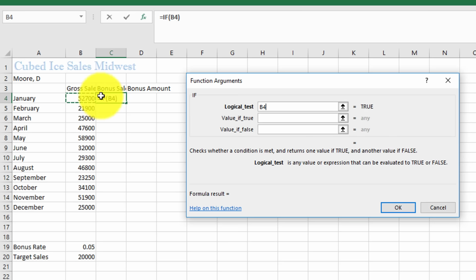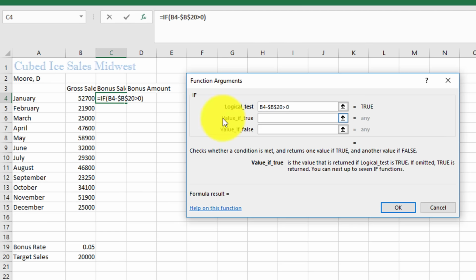So the gross sales minus, and then F4, because this is a singular cell and we want to be able to copy this down, so we want an absolute cell reference. If the difference is greater than 0, the difference is greater than the number 0, which is true,